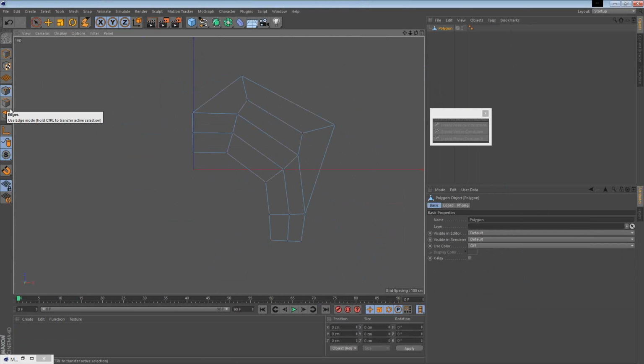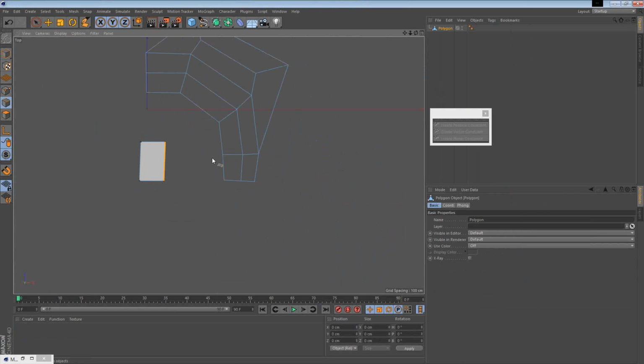So if I go to edge mode and I want to create a new polygon, you'll see that I can click twice and that gives me a single edge. And then if I hold down Control, I can click and drag out to create a new edge. Now, if I have this edge floating out, as soon as I start getting close to an existing point, it's going to weld that together. So this allows me to easily create new amounts of